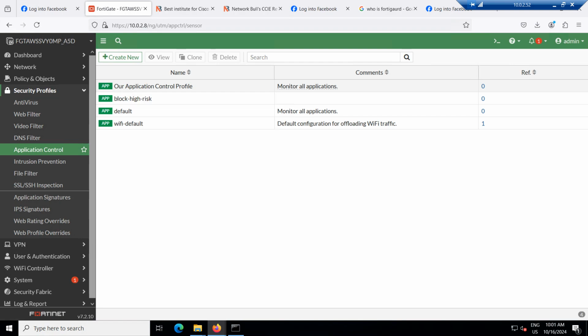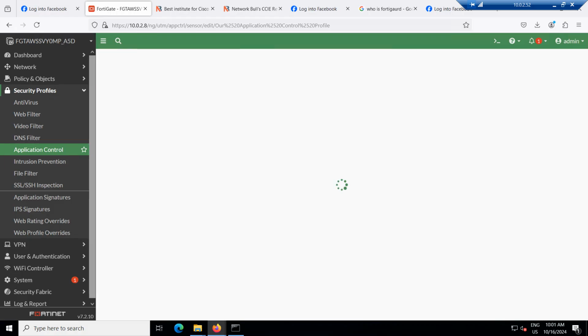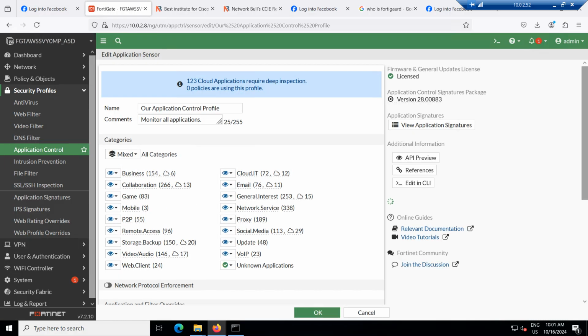And this is a dependent thing. Profile is dependent on some policy, but policy is not dependent on some profile. No, profile is something which is allowing through traffic, and profile is something which will be applied over your policy. Making sense, sir? So let's go here to our application control profile, the same which we created, and